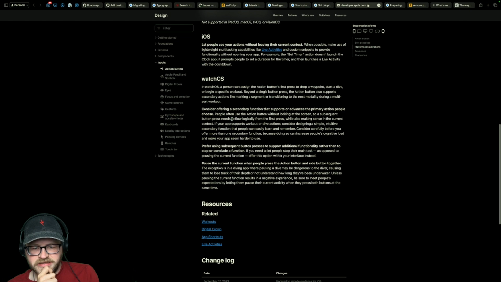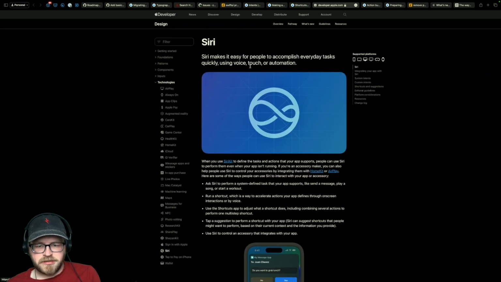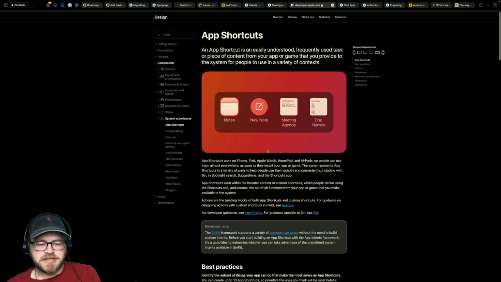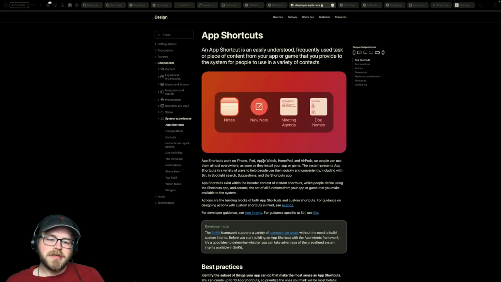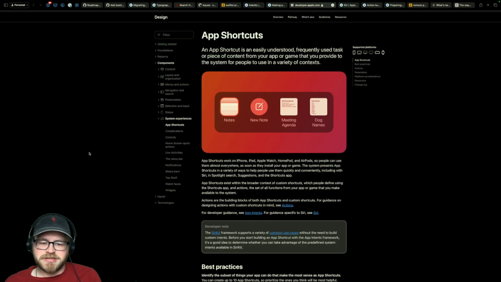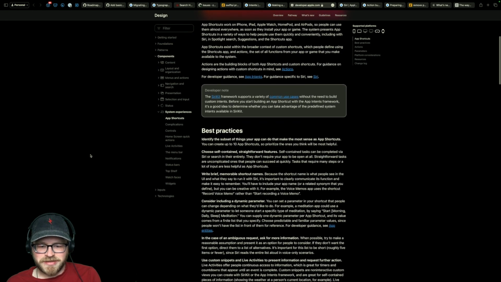Yeah, I think this all makes sense. Okay, so action button. That's the thing you can get with it. Siri, we've decided, can get with it. App shortcuts. Yeah, this was the one I was talking about. App shortcuts, which is a terrible name for it because it conflicts with the other shortcuts words that I'm using. So I'm just going to call them Spotlight actions. Too bad, Apple. I'm going to come up with a different name for your thing. Deal with it.